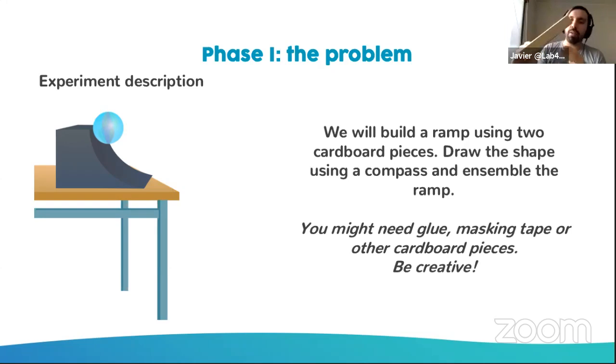And in my case, I use a really flat box, so I only had to cut a piece and then do the shapes on both sides, and I fixed some masking tape there to hold everything together. Komal made a different, bigger one. She used a strategy of putting cardboard in between the two sheets